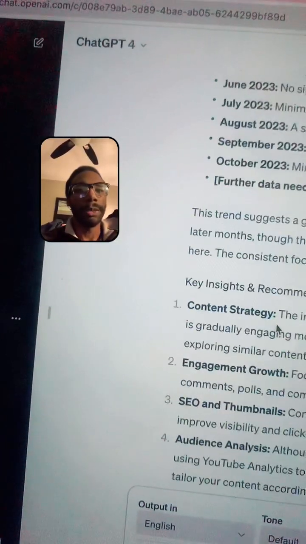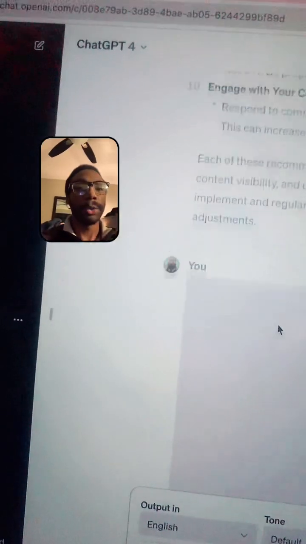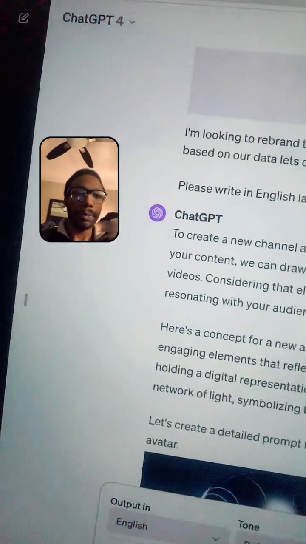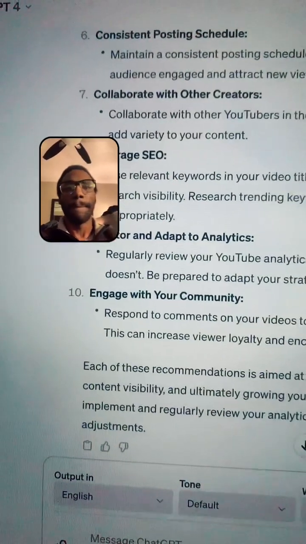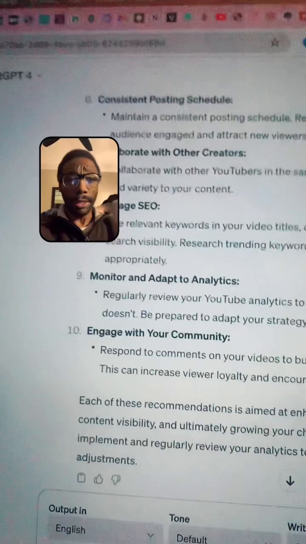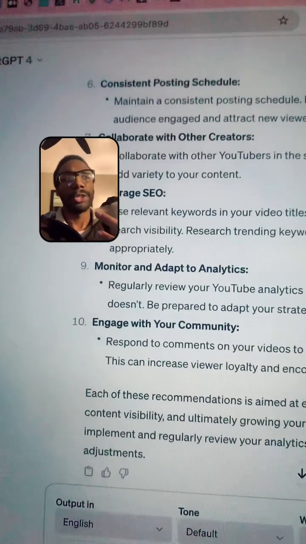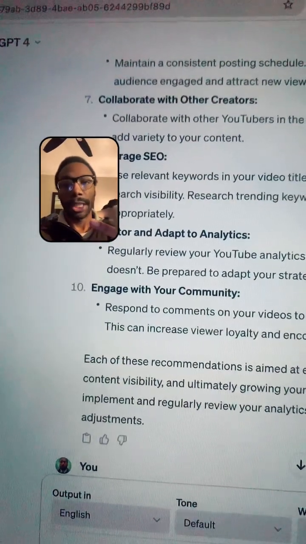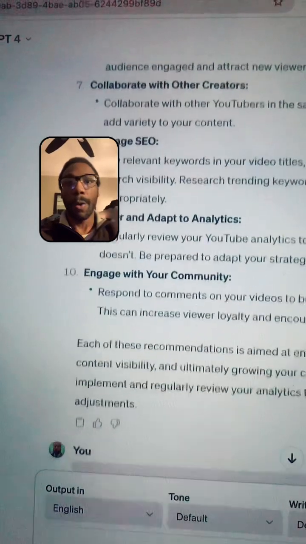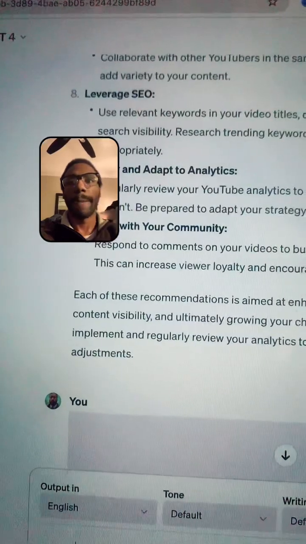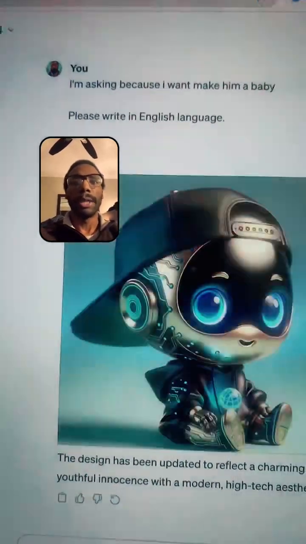So let's scroll down a little bit. I did a cool thing too, and this is a pro tip that I guarantee you won't find on the internet. Earlier, I told ChatGPT to look at my TikTok data, and based on that data, give me some recommendations on how I can improve my reach and get more followers and more views. So I gave ChatGPT my data, and it gave me a whole list of different things that I could do. I don't know why our images aren't showing anymore. But I pretty much gave ChatGPT some of my data, and I told it, based on the data,